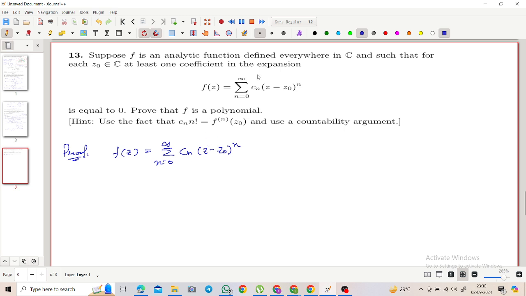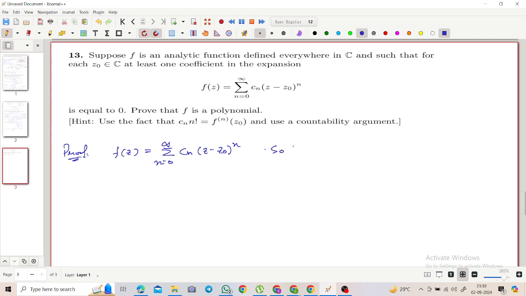And they have said that for each z naught belonging to C, there is at least one least coefficient in the expansion such that